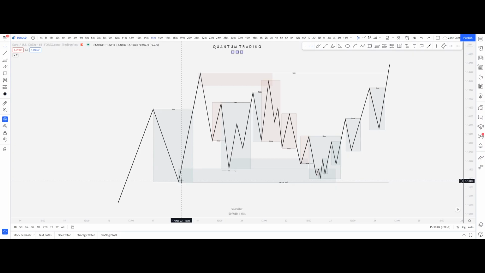When we mitigate an extreme, this is the last structural point that we can expect to see price go to fulfill its structural expectation. So when we see higher high, higher low, higher high, we have an expectation to see a new higher low before a new higher high. And we do not have an expectation to see this protected low get ran. Only once the protected level goes does this signify that we've had a change in trend. Okay, but we understand that anything contained within this range is completely valid to look to long from. And we understand that following normal structure, we do not have an expectation to see this low get ran